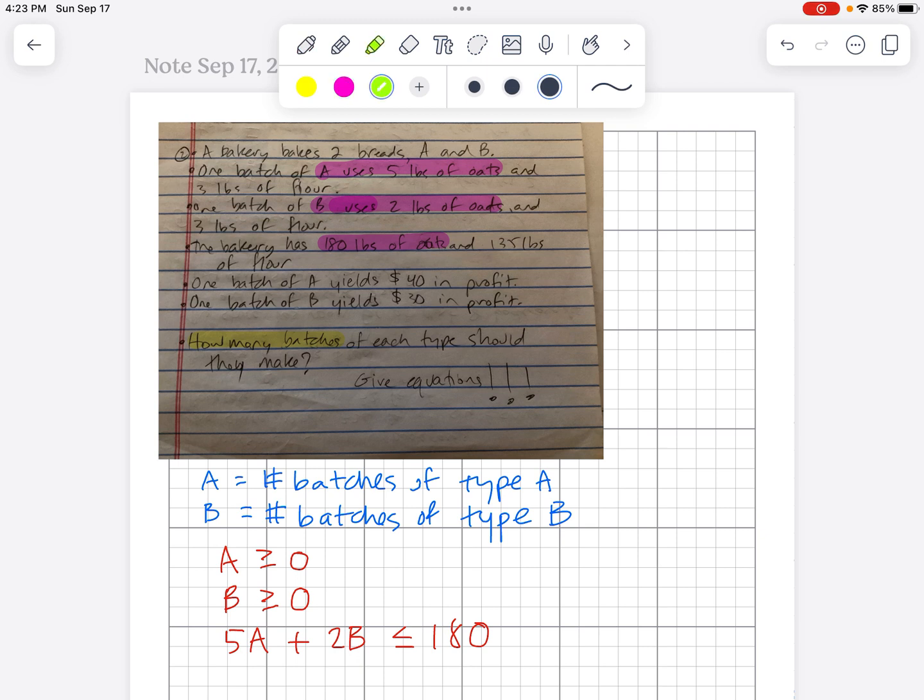Okay, so I'll find the fourth constraint, and I'm going to find it by asking myself, what else limits me? And I'm limited by how much flour I have. Okay, so I have 135 pounds, and for the type A's, I'm going to use 3 pounds of flour for every batch. And same with the type B's, 3 pounds of flour. Okay, and so my fourth constraint